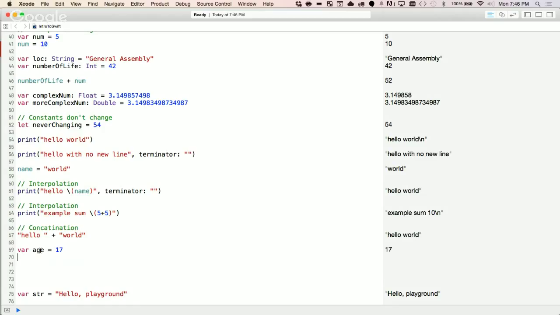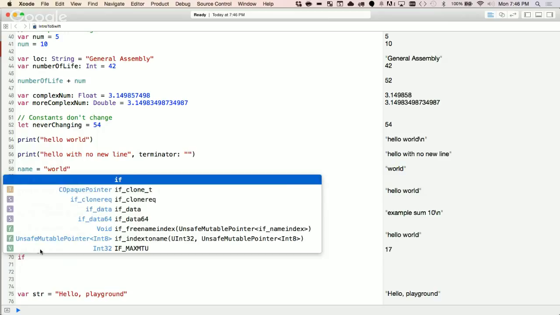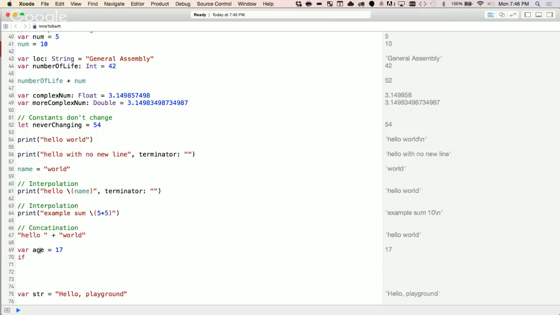So we'll say if, the conditional statements always start with if, age. So now we need to always compare our if statements with another value. So we'll say if age is less than 21,